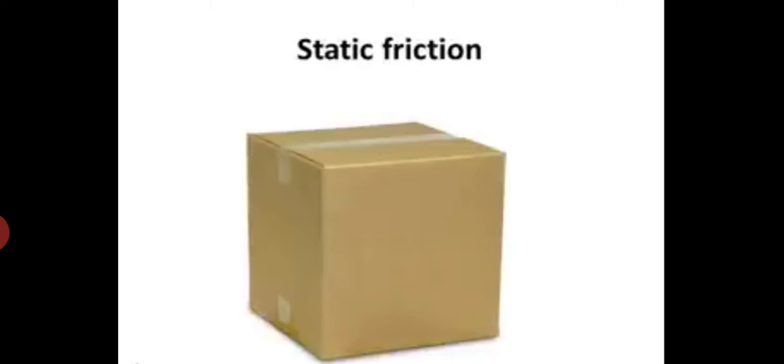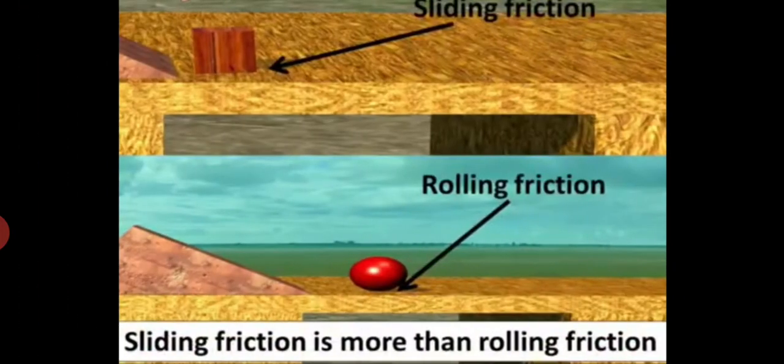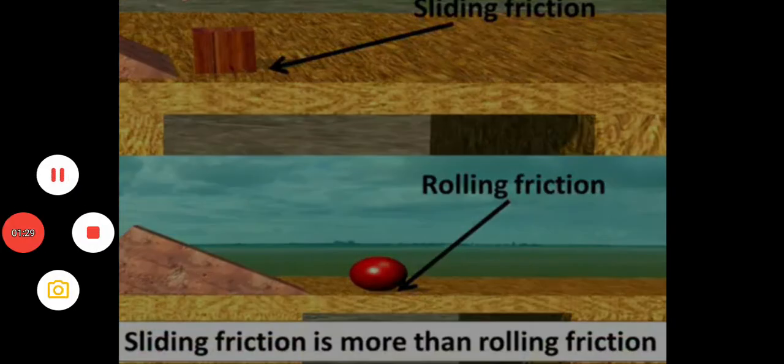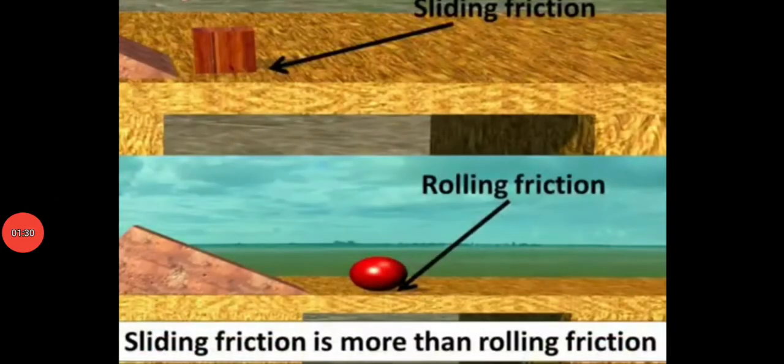Next, coming to sliding friction. Sliding or kinetic friction is the friction that results from two surfaces being pressed against each other while sliding. It is this sliding friction that makes sure an object does not continue to move forever when a force has acted on it. However, sliding friction is less than static friction for the same materials in contact.